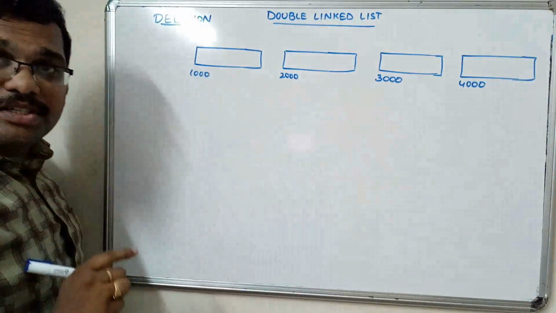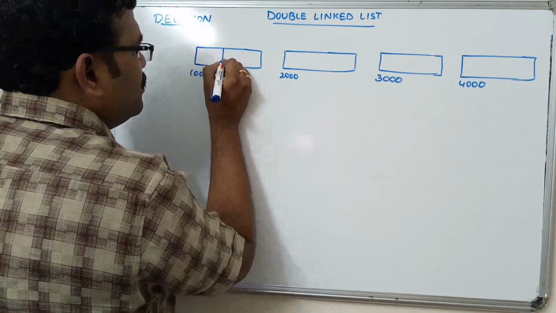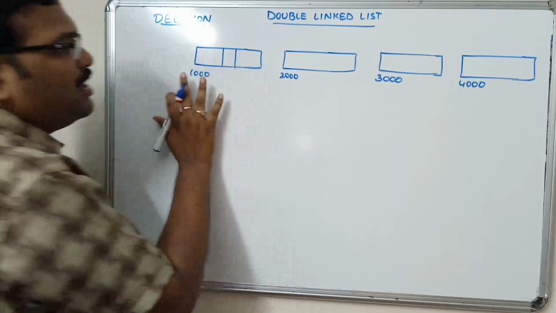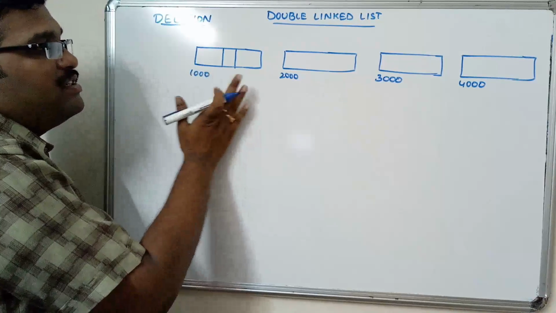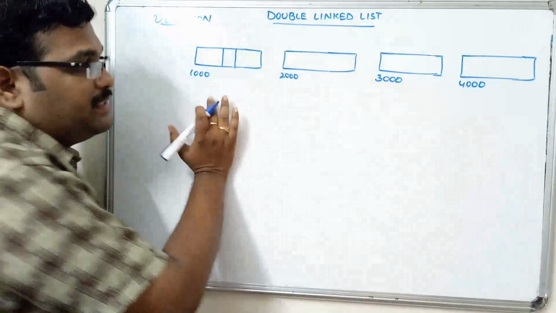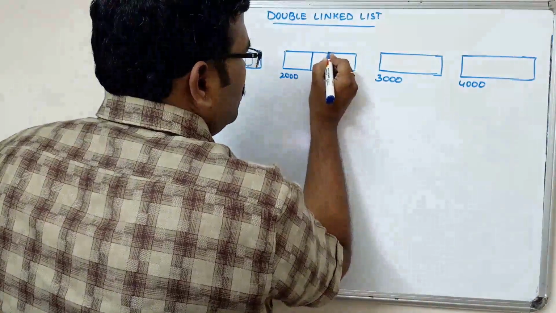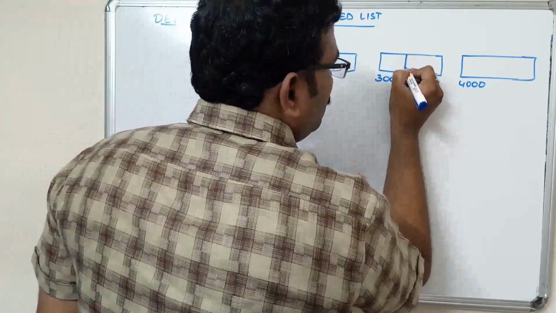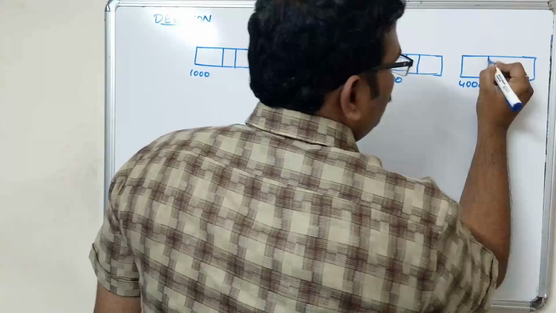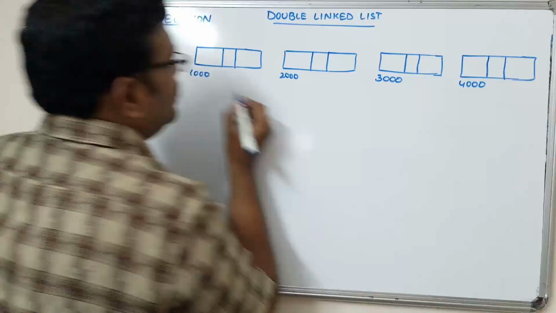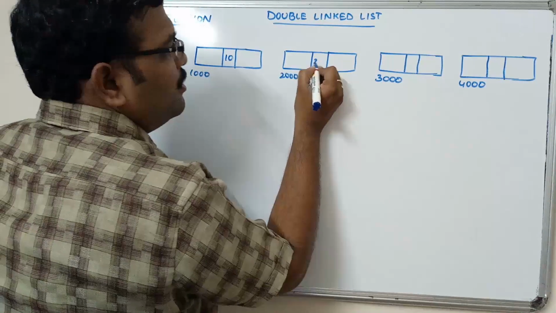This is the memory location. Every node is having three fields: previous, data and next. The data values are 10, 20,